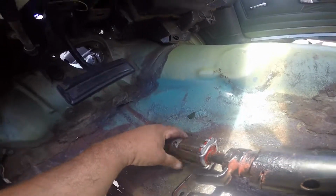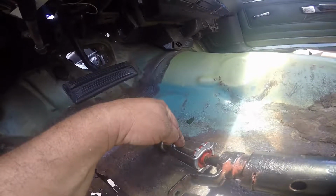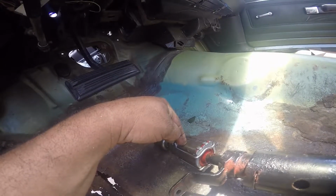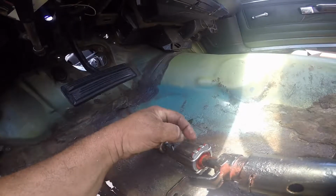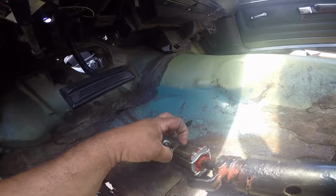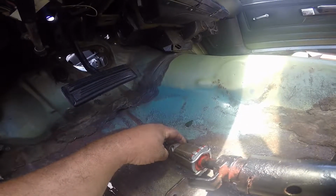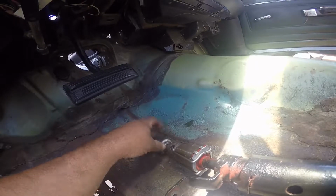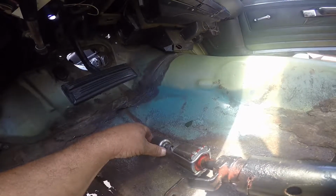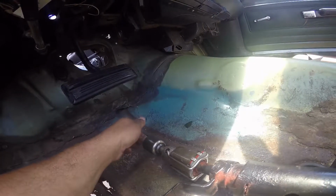Since this column is power steering, I kept the original housing with the shoes. Got the new kit, the shoes, the spring, and there's a pin that goes in there. You clean them up, you lube them up really good, but it's too short because I put manual steering on the car. So I got this